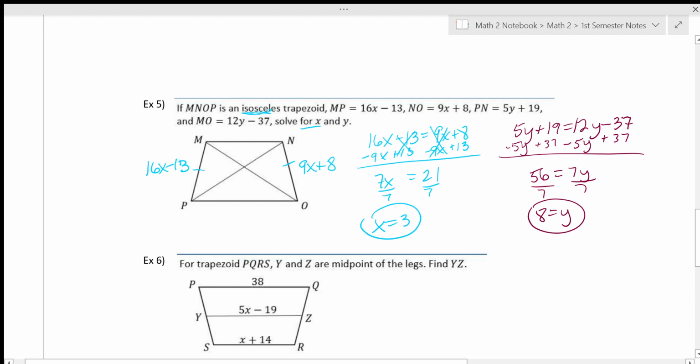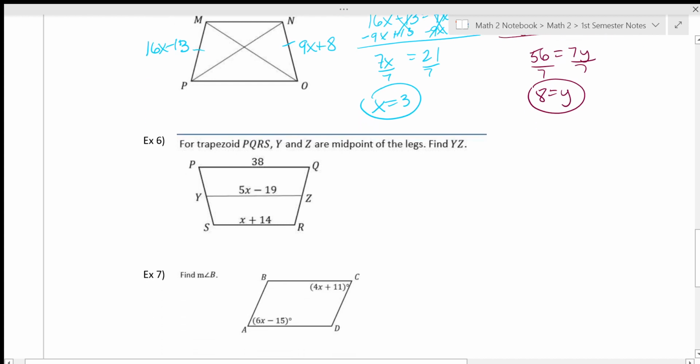Okay, so solve for x, solve for y. An isosceles trapezoid has congruent legs and congruent diagonals. For trapezoid PQRS, Y and Z are midpoints of the legs. That means that YZ, you guys, is a midsegment. So this is where we're going to use that midsegment equation that we wrote down under our properties of trapezoids,